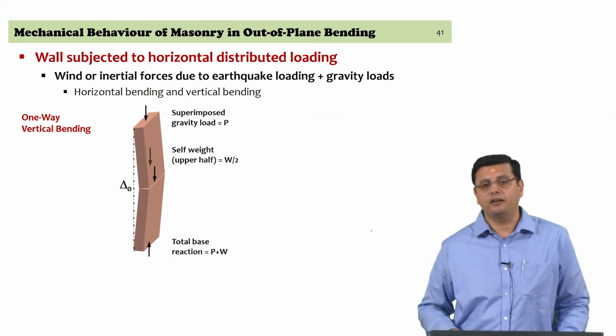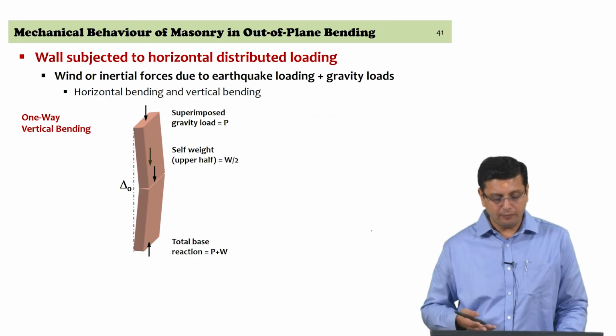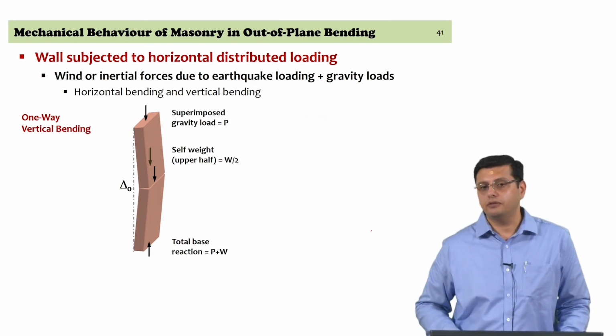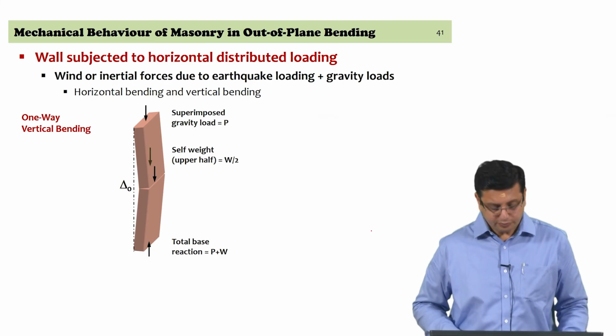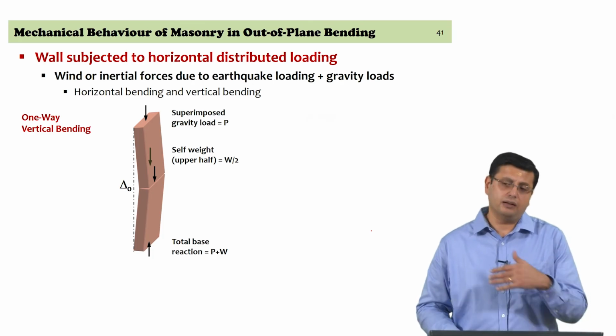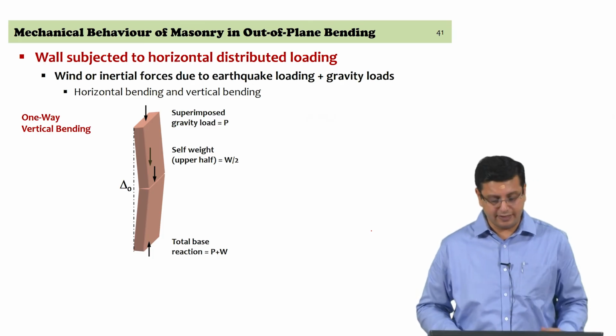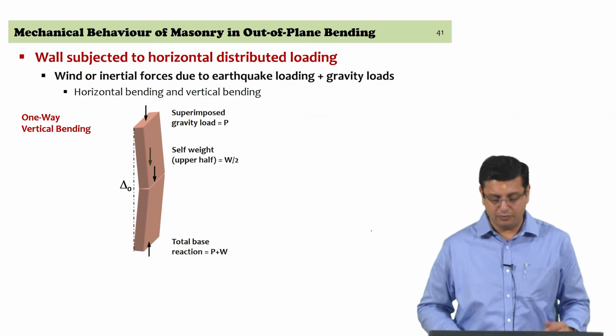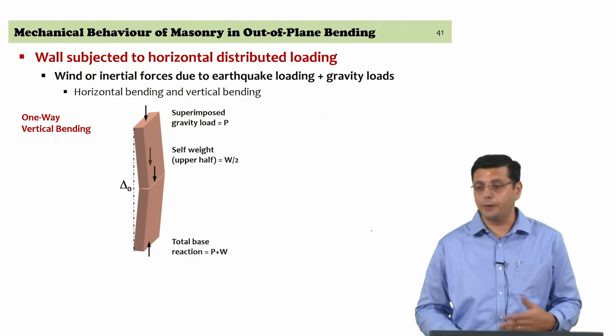We will examine under what conditions these are true, but in most situations when you are looking at distributed load acting on the wall, lateral load acting on the wall, this is the way in which the wall is expected to respond. So, this is one way vertical bending with a crack somewhere at mid height. It can actually be at other locations away from the mid height due to specific conditions, and we will examine that again. So, the maximum displacement could be delta